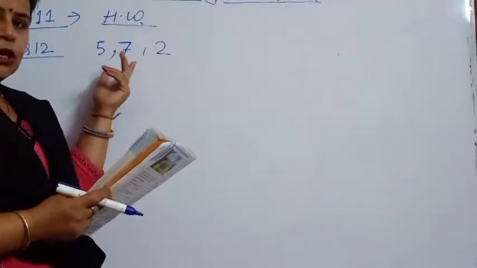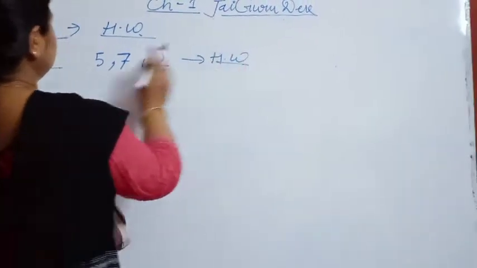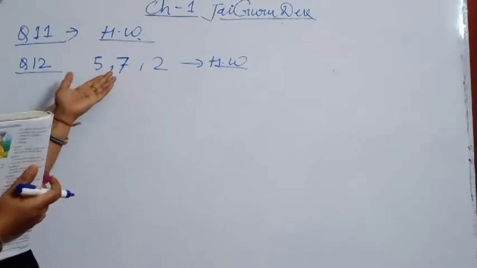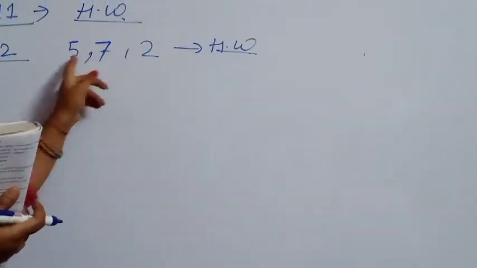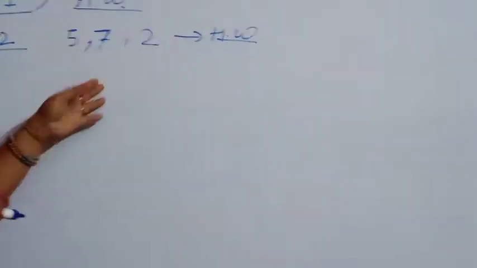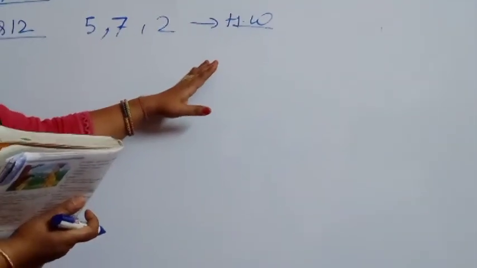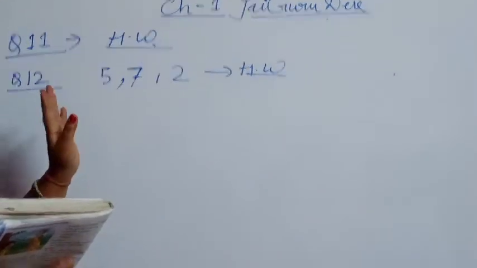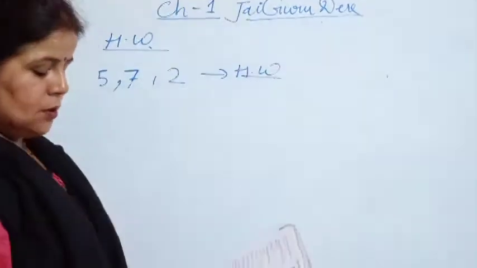You will do this question in your homework also, means use these digits in different ways. You will write 572 as one number, then 752, then 257, and then bring the digits sometimes in the unit place, tens place and hundreds place. In this way you will get more numbers, then arrange them in descending order, then you will get the greatest number and smallest number, and take their difference. This is also your homework part. You have also done this kind of question.